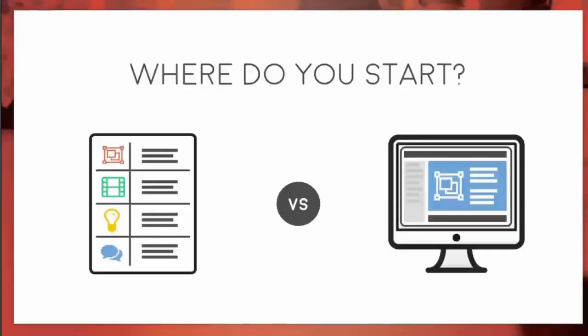started in e-learning development, I really struggled with: should I start opening up my authoring tool, whether it be PowerPoint or Storyline or Captivate or whatever it might be? Should I start creating slides, or should I start writing a storyboard, or where do I begin? And it's kind of like the chicken before the egg kind of question. Where do you actually start developing a course?